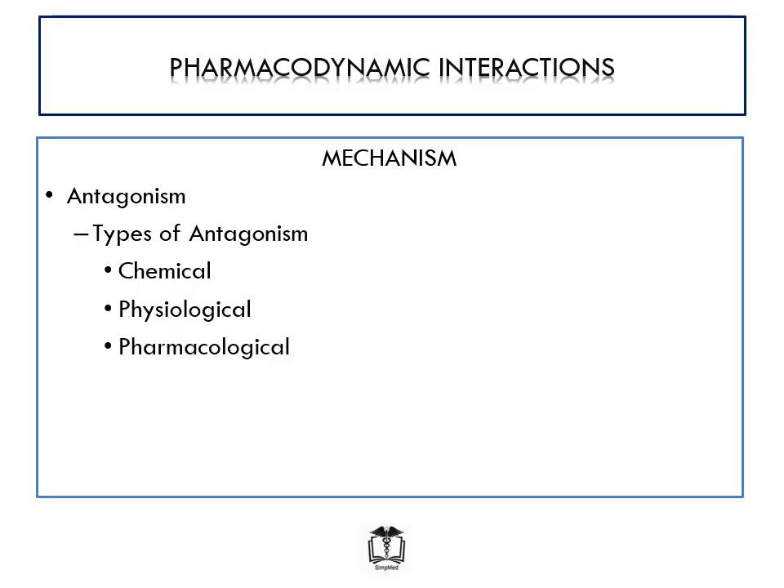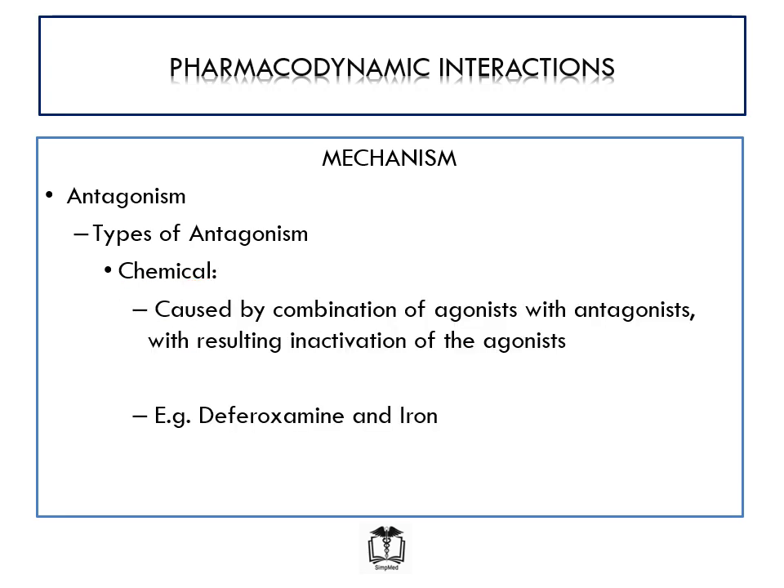There are three major types of antagonism that we see for pharmacodynamic interaction. The three types of antagonism we see are chemical antagonism, physiological antagonism, and pharmacological antagonism. Chemical antagonism is a type of antagonism that involves a concurrent use of two drugs, an agonist and antagonist, that